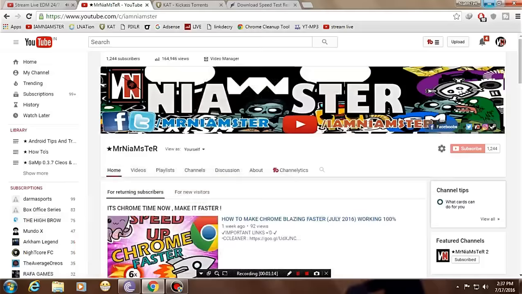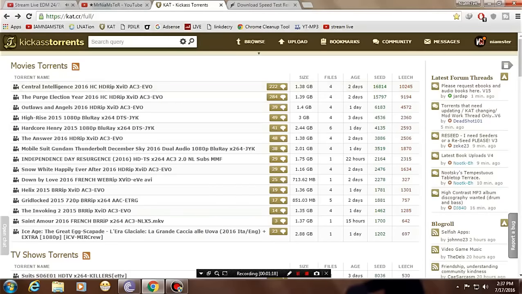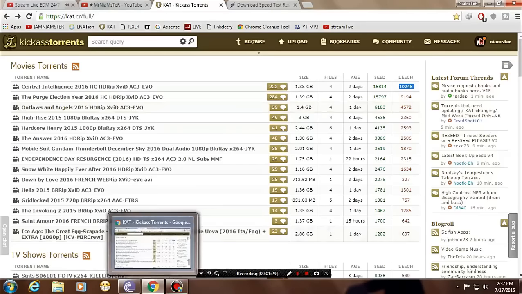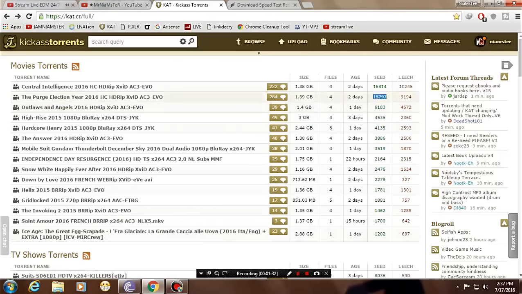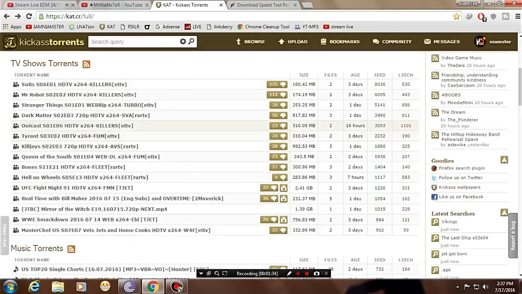Let me start from the basics. Whenever you download any torrent file, make sure that the number of seeders is greater than the number of leechers. For instance, if I take this file which I was currently downloading, it will give you a better internet connection than the ones which have a lower seeder count. So this was the basic one which I thought to tell you.